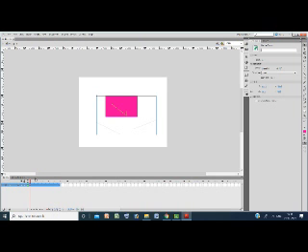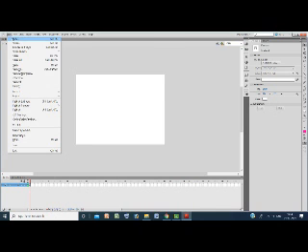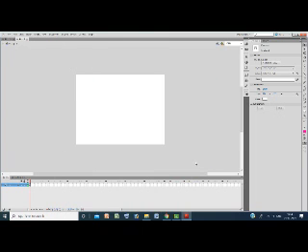Did you get me? Okay children, now we will move to the next topic, creating a new Flash document. For that, just click the file menu, then click new. At that time the new document dialog box appears. Select ActionScript 3.0, then click the OK button. At that time a new Flash document will appear.